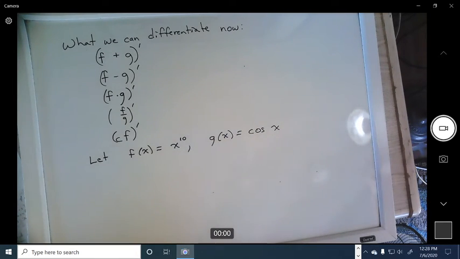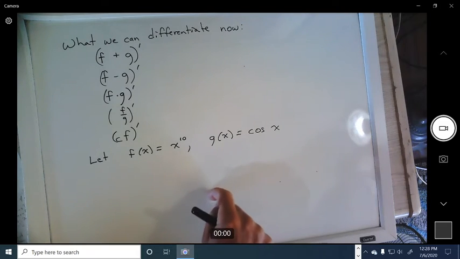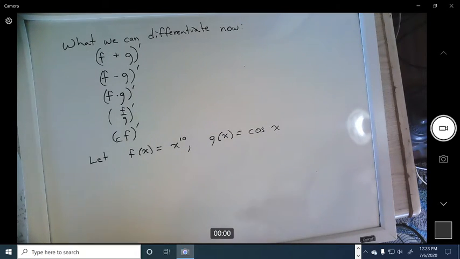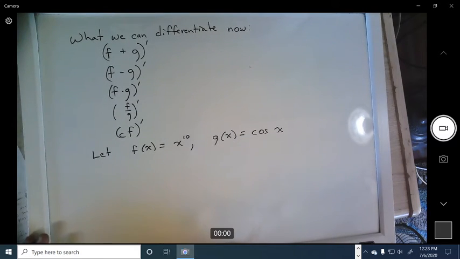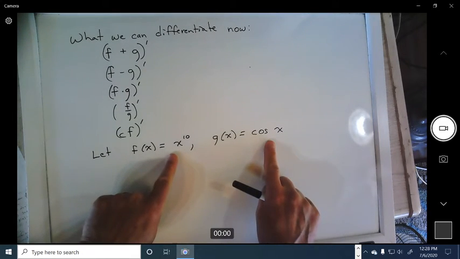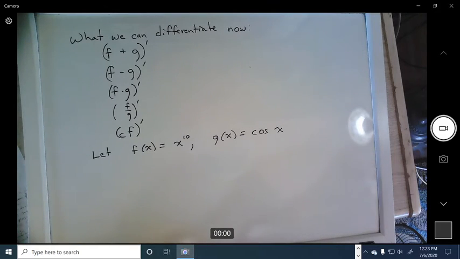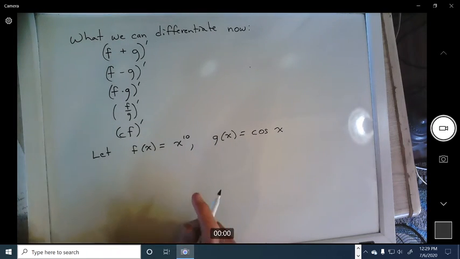But there's one way that I could combine these two together that I would not now know how to take its derivative. Can anybody think of the way that these two could be combined together that we would have a problem taking its derivative? Anybody? As a composite function? That's right. Let's look at that. If I put one within the other,